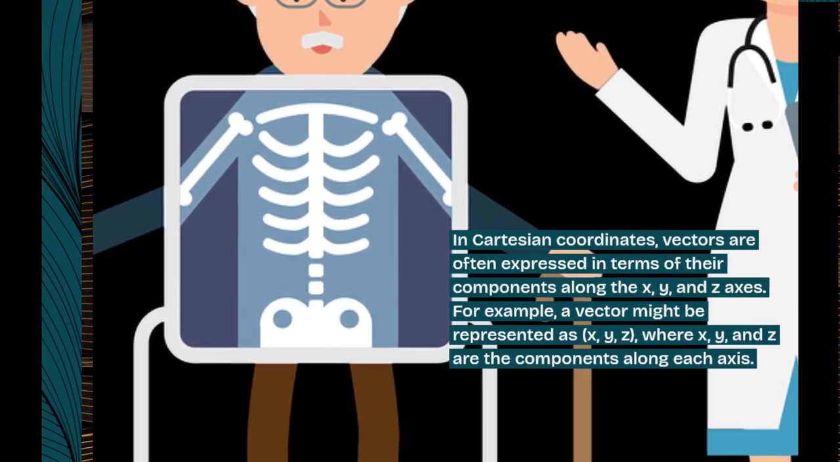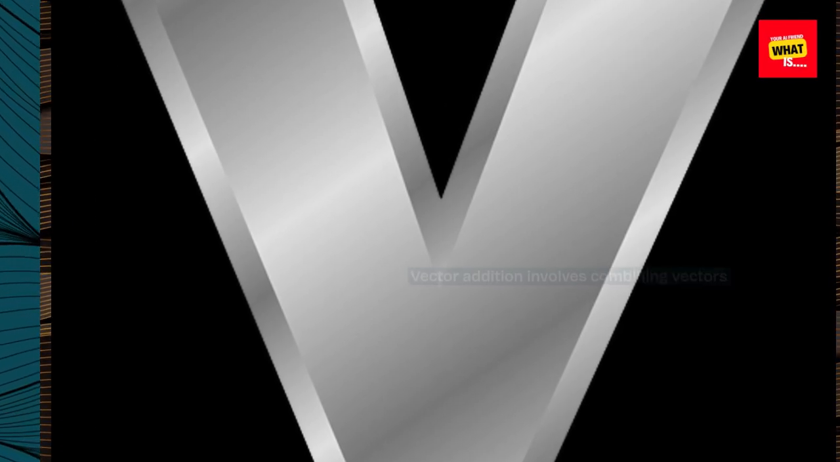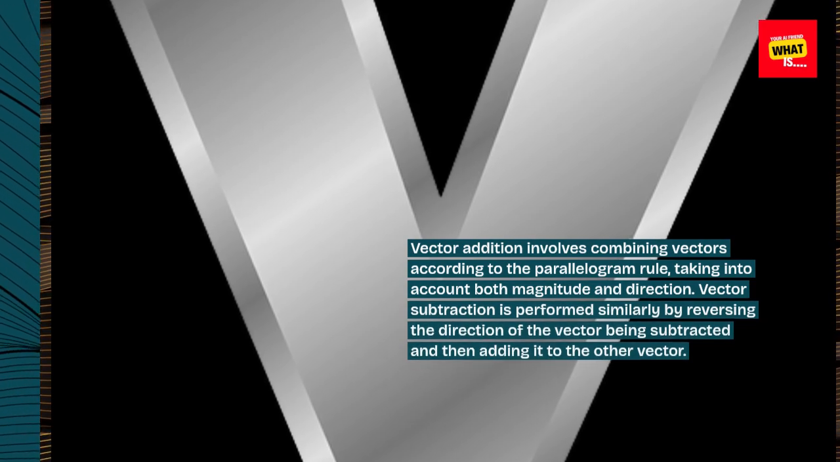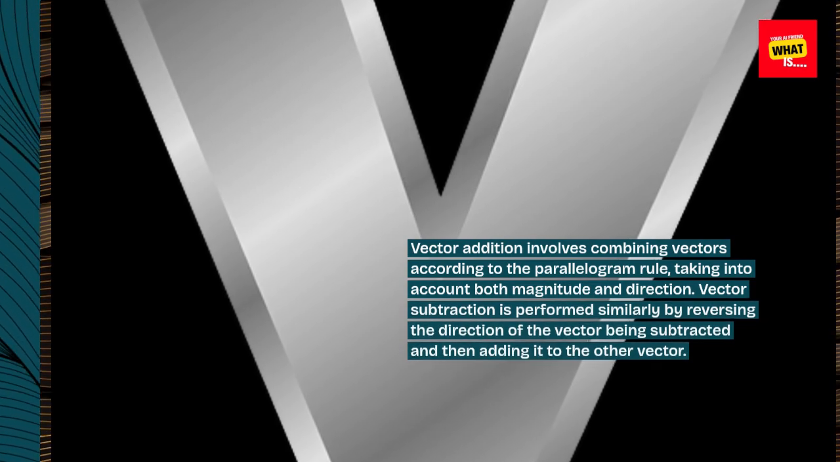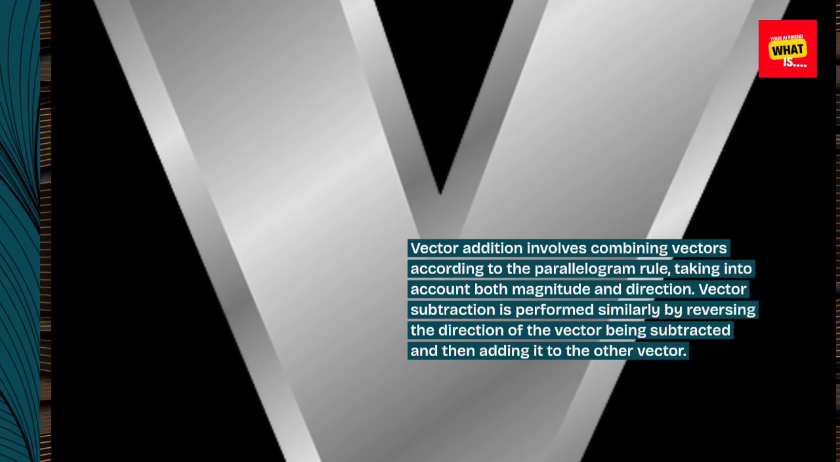along each axis. 7. Addition and subtraction. Vector addition involves combining vectors according to the parallelogram rule, taking into account both magnitude and direction. Vector subtraction is performed similarly by reversing the direction of the vector being subtracted and then adding it to the